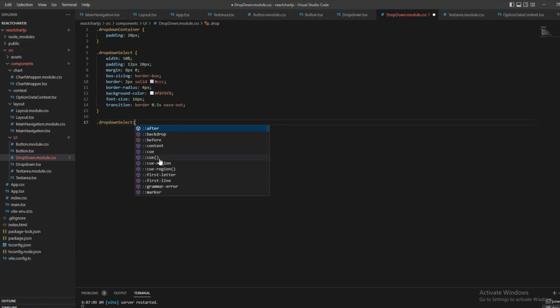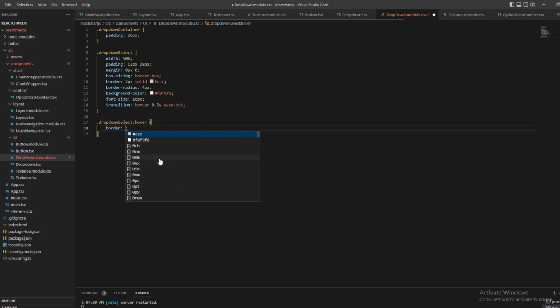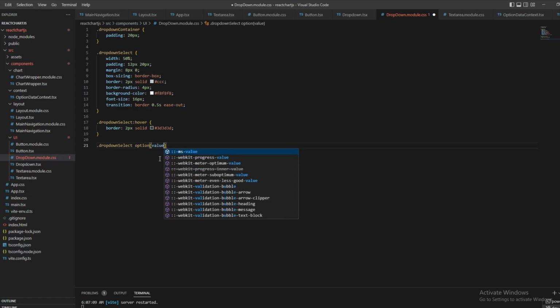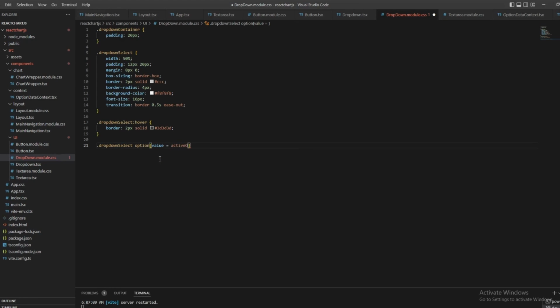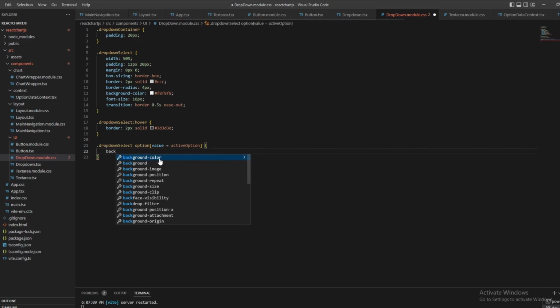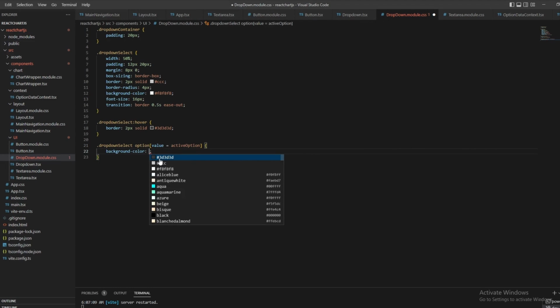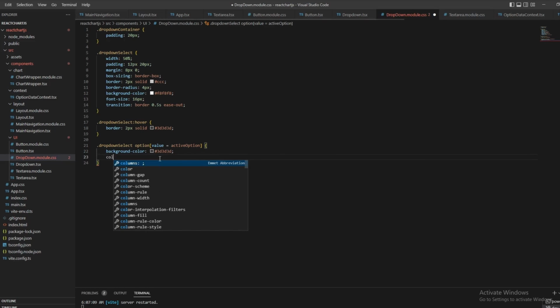Okay, so now that we define our drop down select, we should define our drop down select when we hover over it. And what should we do? We should put the border 2 pixels solid 3D3D3D, and let's say our drop down select, when we have this option in it, and option value actually equals with active option. So when something is active, we want to set the background color to be something like also 3D3D3D, and the color should be, let's say,